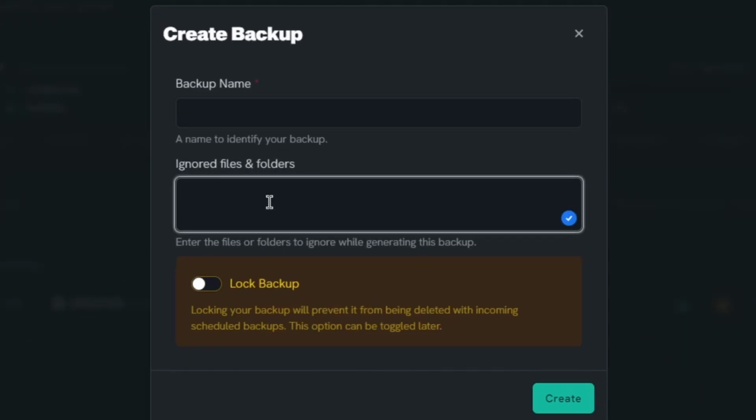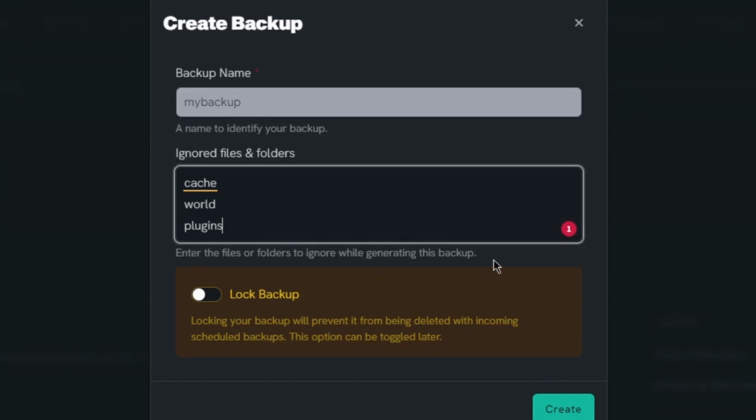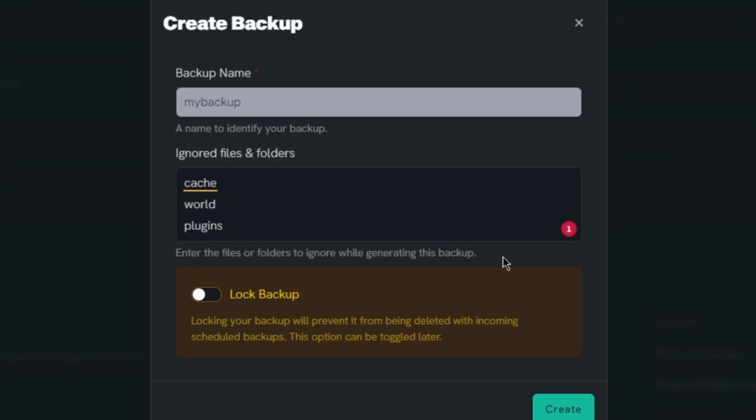So another thing you'll need to know is how to delete certain files in a file path. So if you want to only delete the config file from, say, your Dynmap folder, then this is how you would type it. You would write the full path of the file you want to delete, and the file you want to delete will be the final file in the line. So as we can see here, we have now added the files we want to exclude from the backup, and here it tells you about locking your backups, which we will go over later.